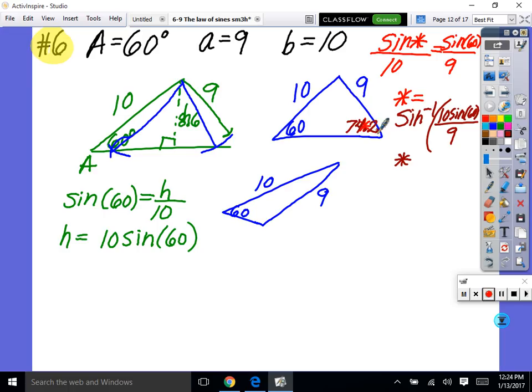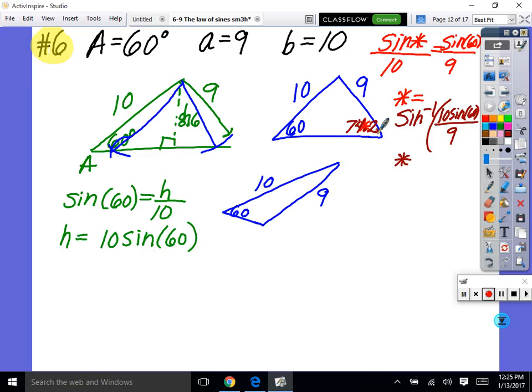74.2. Now that was the acute one, so that's why I'm putting it in here. Does that make sense? 180 minus that would be the obtuse one. So take 180. We talked about why. It's a reference angle. Remember back to reference angles. Because sine inverse only gives us outputs between negative pi halves and pi halves, but we don't know for sure if that's the acute angle or obtuse angle. Does that make sense? So now we also have this. So take 180 minus that, and we get